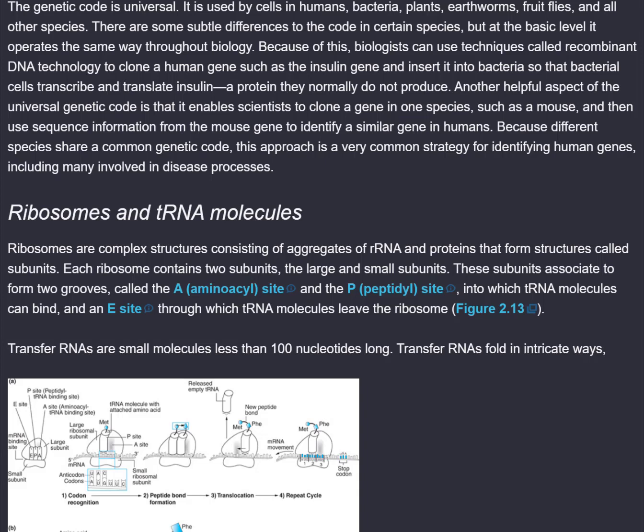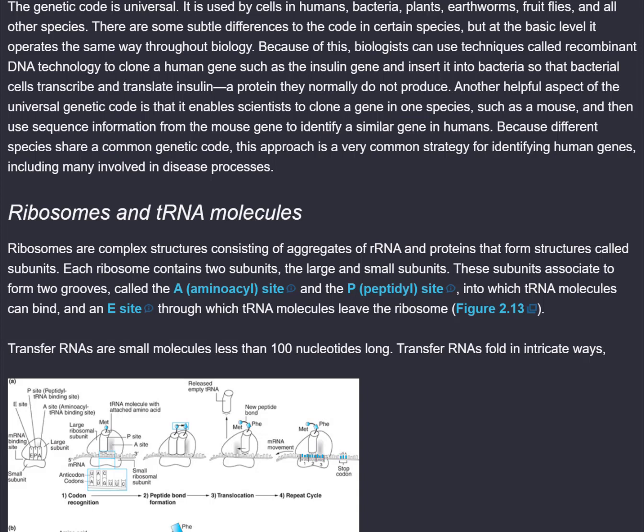The genetic code is universal. It is used by cells in humans, bacteria, plants, earthworms, fruit flies, and all other species. There are some subtle differences to the code in certain species, but at the basic level it operates the same way throughout biology. Because of this, biologists can use techniques called recombinant DNA technology to clone a human gene such as the insulin gene and insert it into bacteria so that bacterial cells transcribe and translate insulin, a protein they